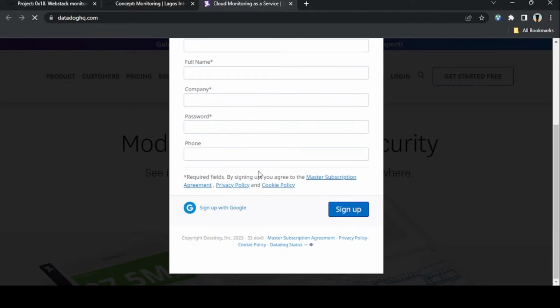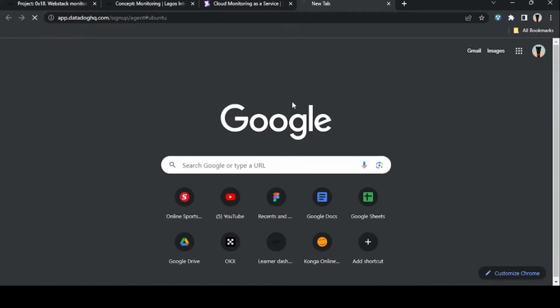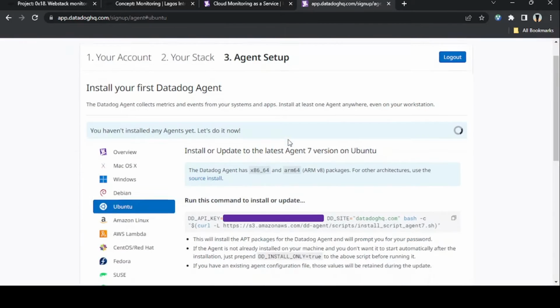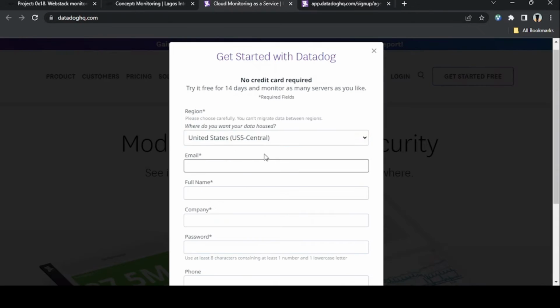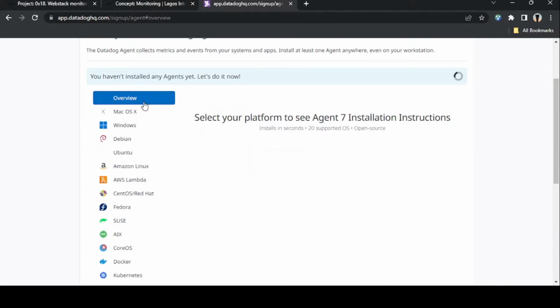So we go ahead and fill all this up. When you've done filling that up,